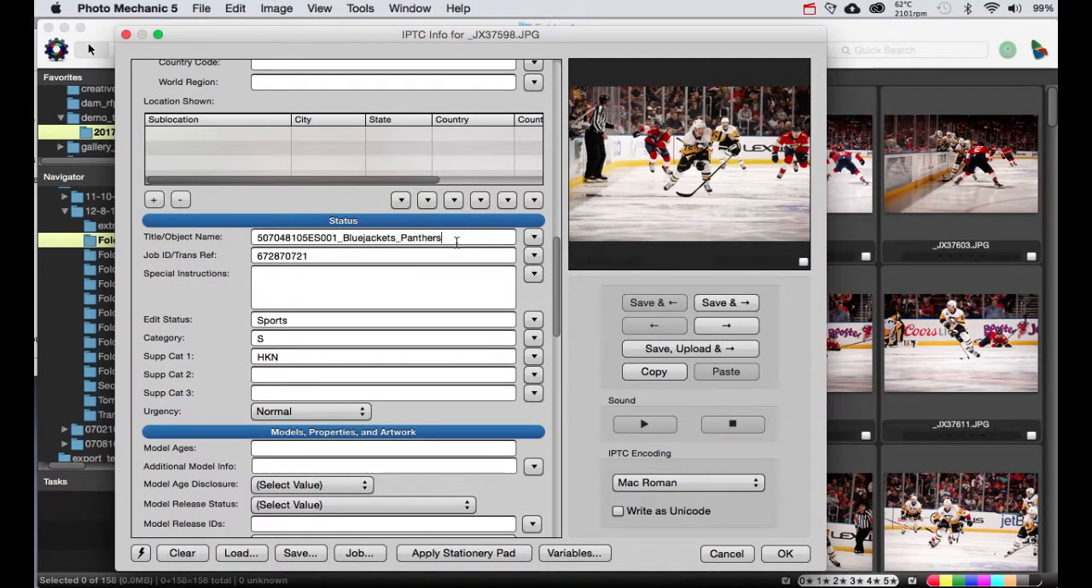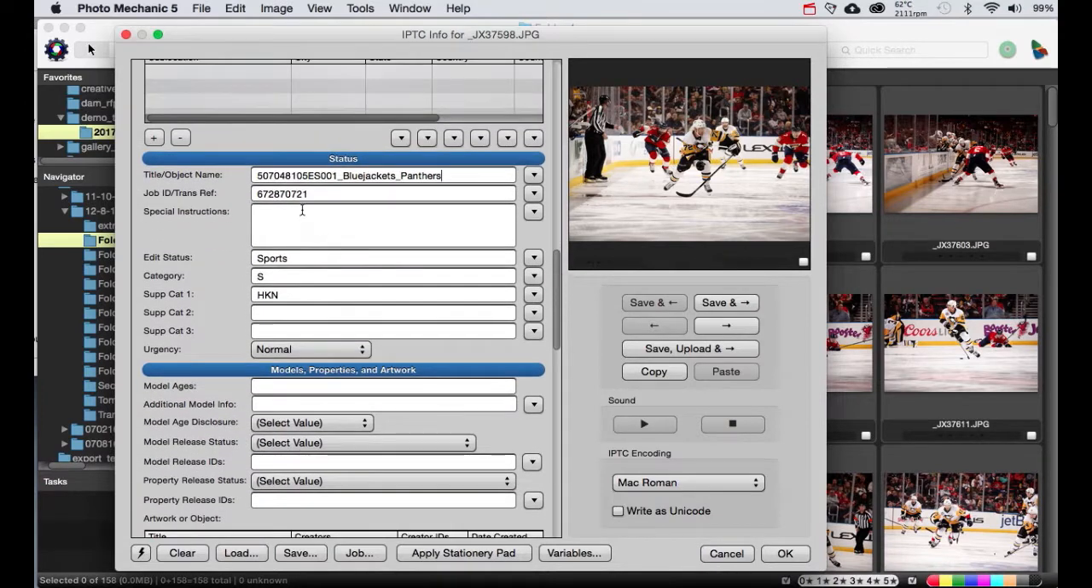Here we have that object name field that we talked about earlier. We have the job ID transmission ref field, and in this particular case, that's just for Elliot's benefit himself. This object name field is going to end up being the file name of the finished file. So it's a cut and paste job, or perhaps it's even easier. We have some category information,